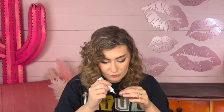Make sure you get the edges really good. Those things always tend to pop off first. And then I will wait 30 seconds before I apply them. That way the glue gets tacky and it's not super runny. All right, so to apply them, I use a small little mirror, and then I just take them, plop them on,